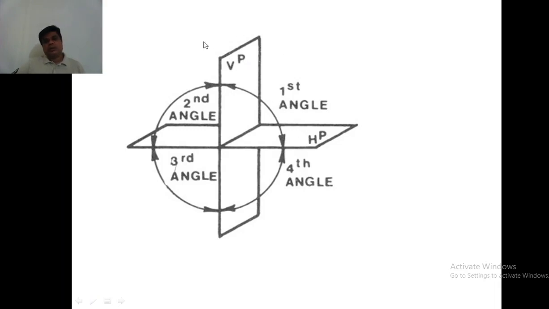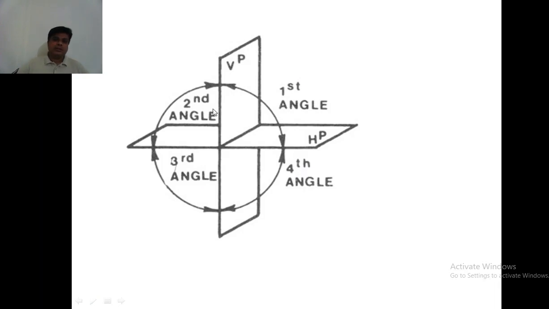So here we are dividing the space or region into 4 quadrants, or what is called first angle, second angle, third angle, fourth angle. In drawing we have different concepts: first angle projection, second angle projection, third angle projection, and fourth angle projection.